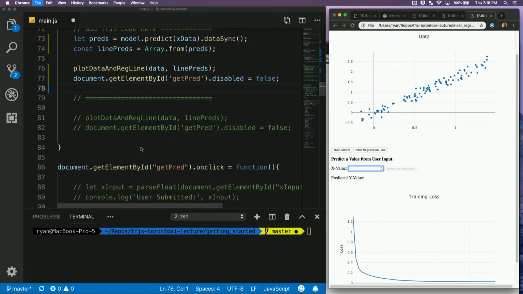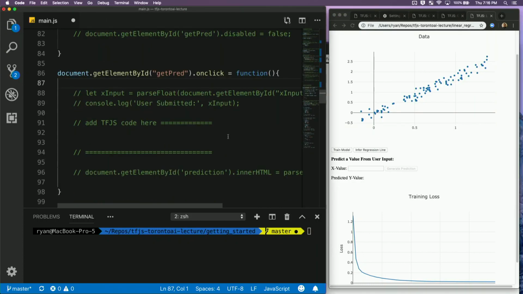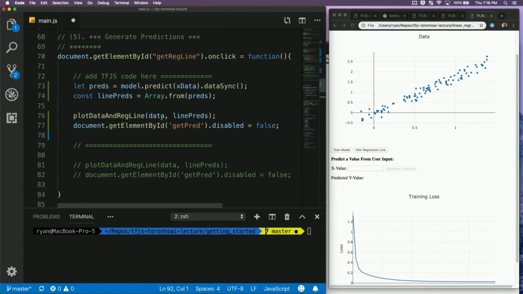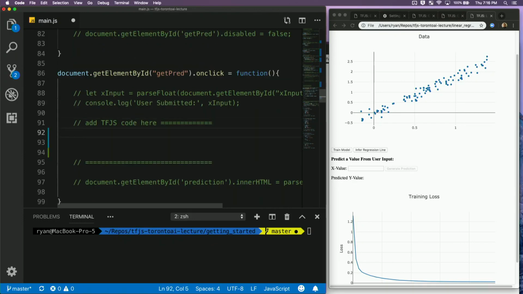So let's just scroll down a little bit. And no, I don't want to save. Let's see if you can add this. We've seen this example many times now. I'll give you a couple of seconds to code on your own to see if you can accomplish this task. So let's just wait maybe 20 seconds and see what you get.